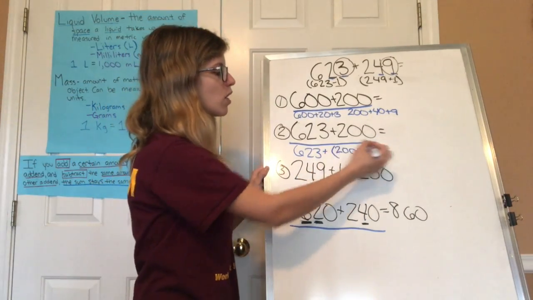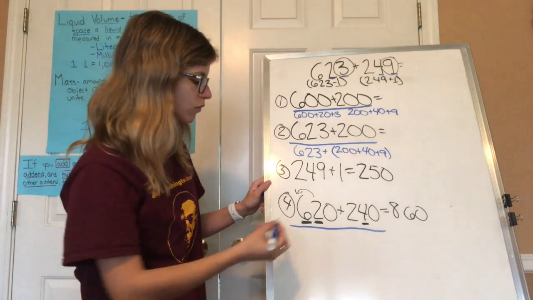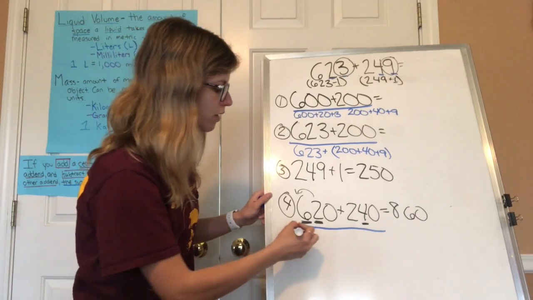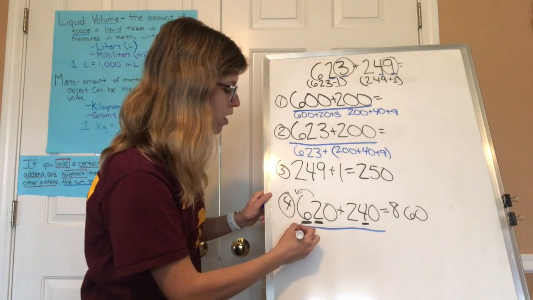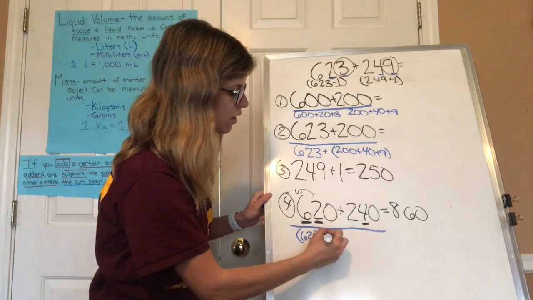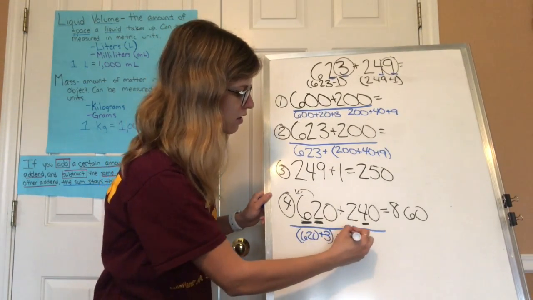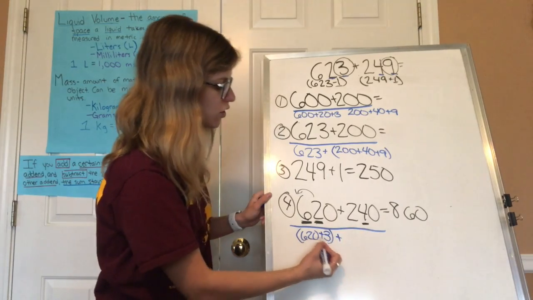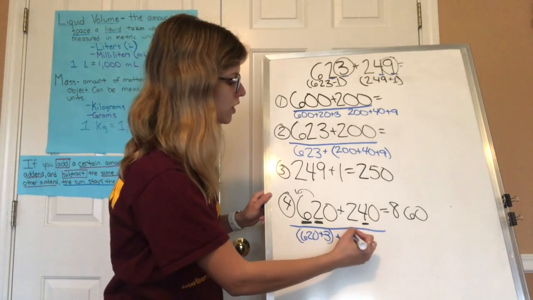You're only breaking apart the second number. And then for my fourth one, I broke it apart into hundreds and tens, and then kept the ones separately for both problems. So I have 620 plus 3, just like I would have